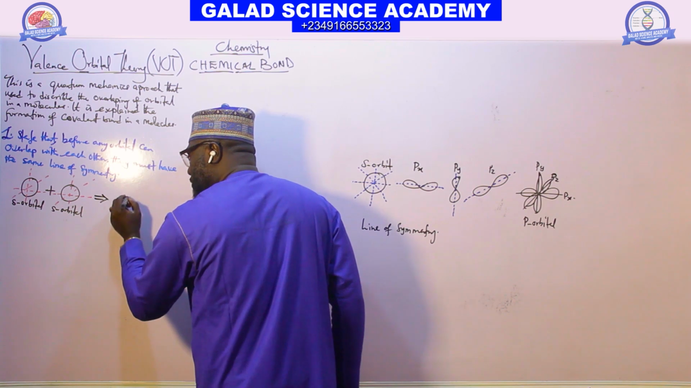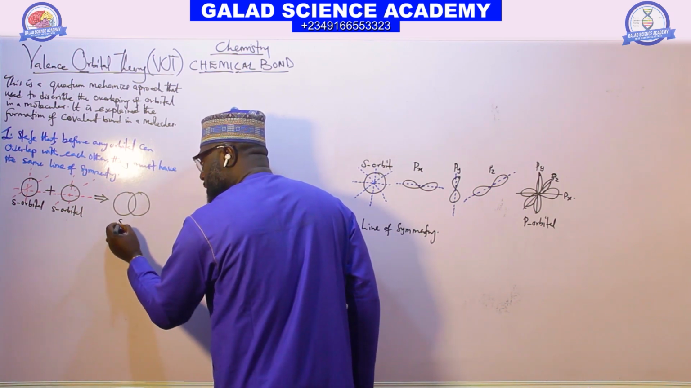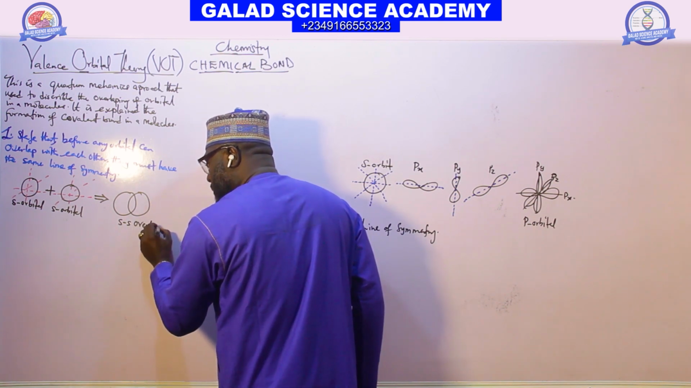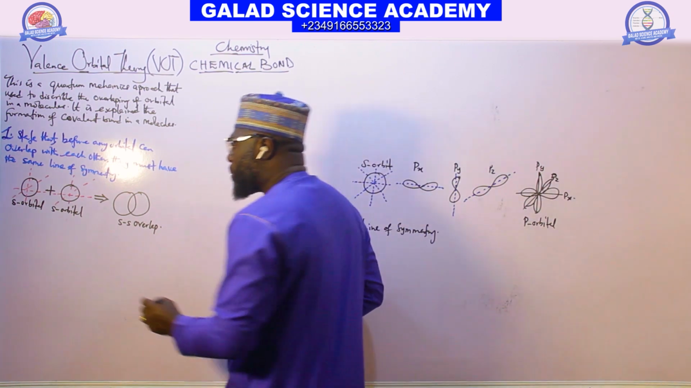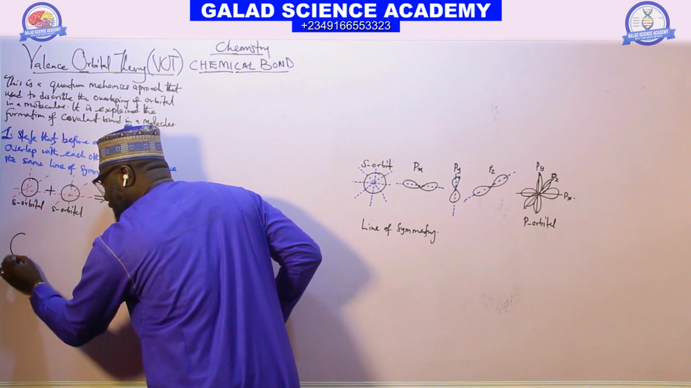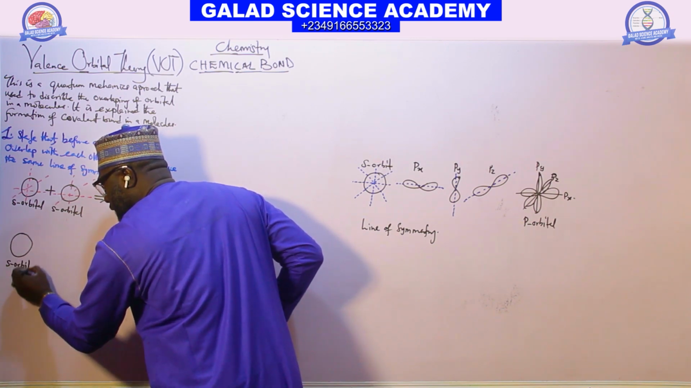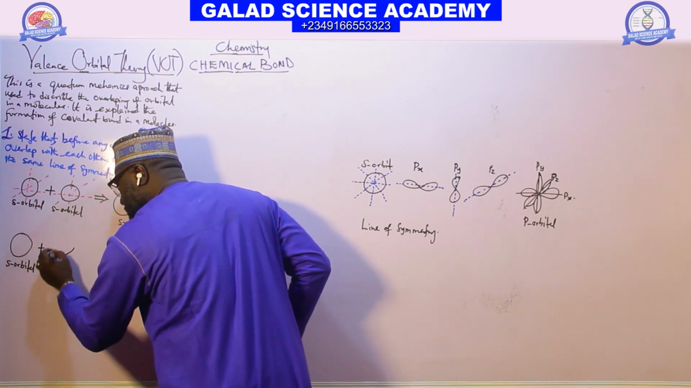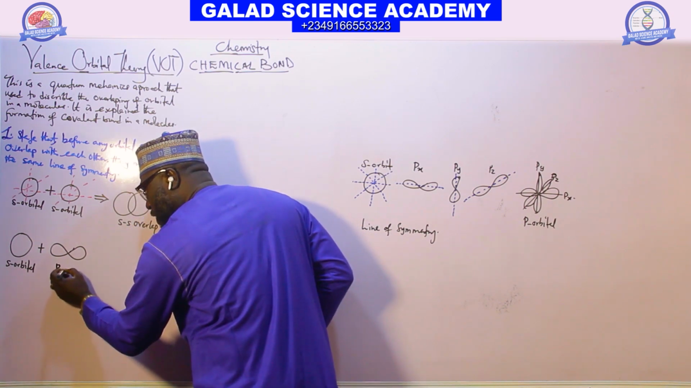That is, we can have s and s orbital overlap. But in the case of an s orbital plus a px orbital,